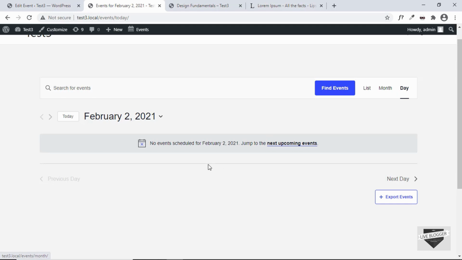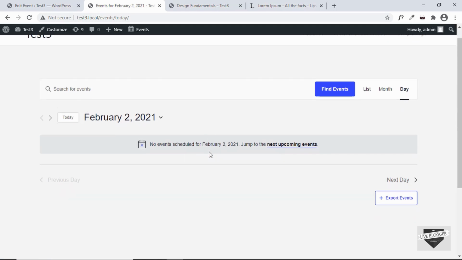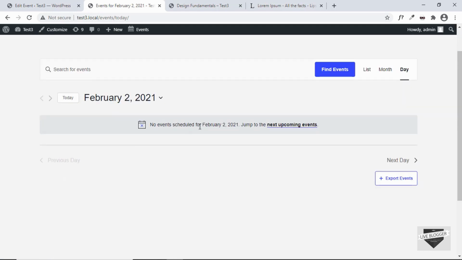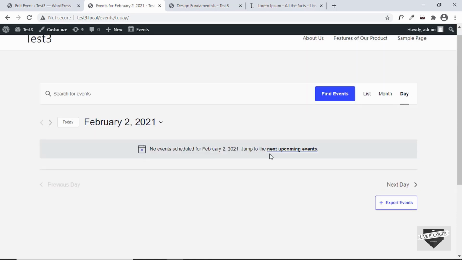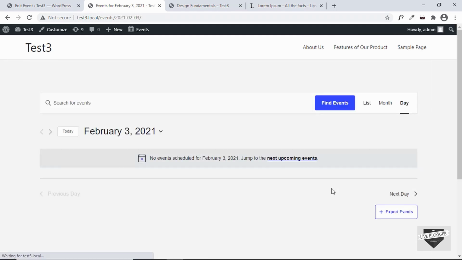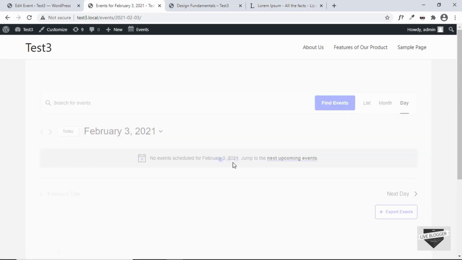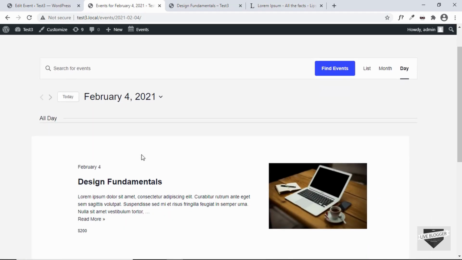So this view is for the event that is happening right now. So no events are scheduled for February 2. So here we can see that today there is no event that is being scheduled, and we can go ahead and go to the next day. So February 3, we don't have any events on this date as well. So let's go ahead and click on the next day,